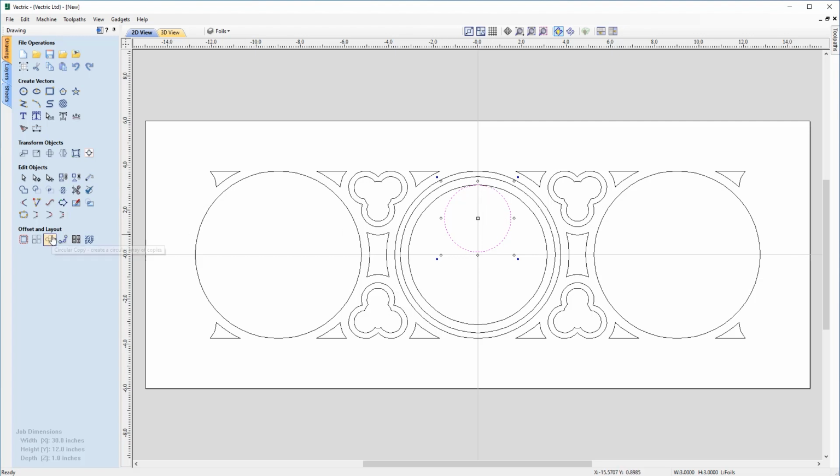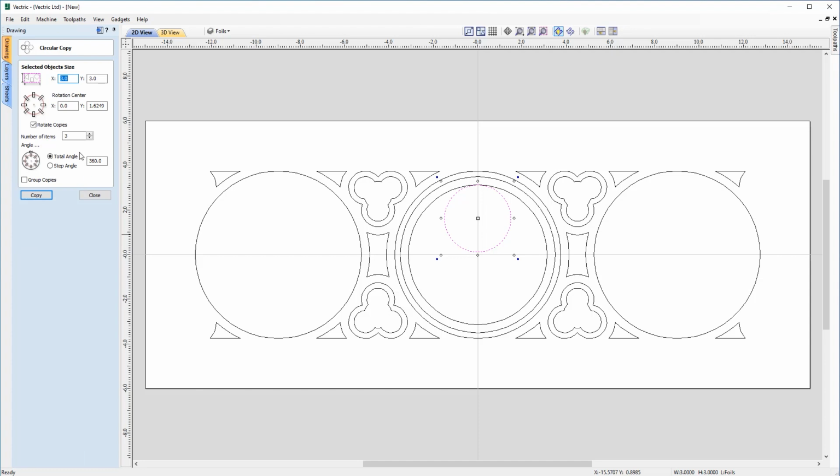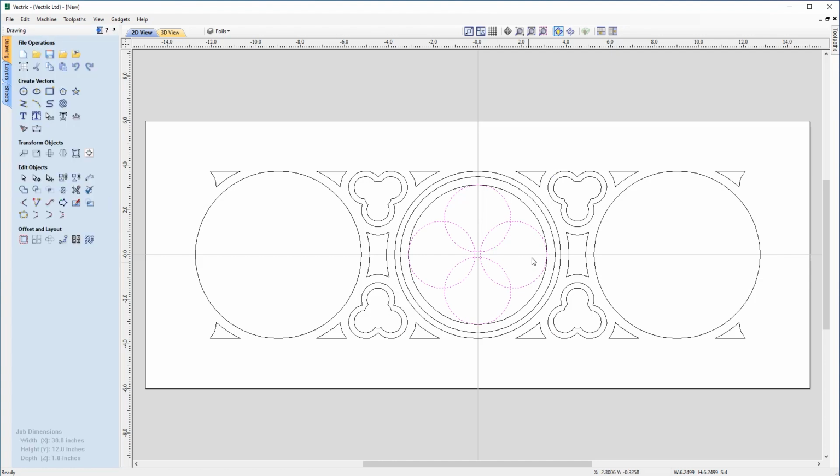So we're going to go back over to the circular copy tool. Number of items 4 this time. Set the center of rotation. And once again, we're going to go through a full 360 degrees and we can press copy. And after that, we can then look to take out this center part, leaving just the perimeter like we did